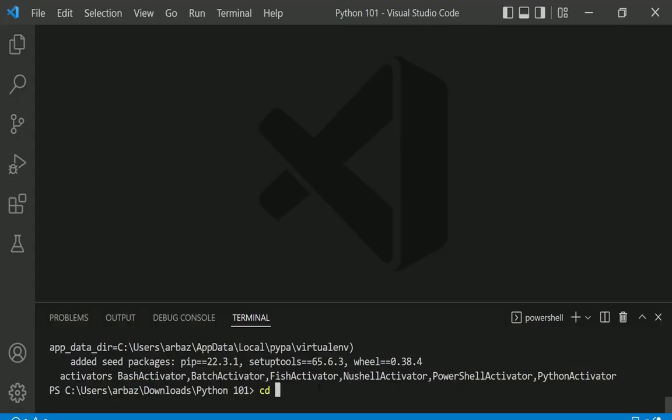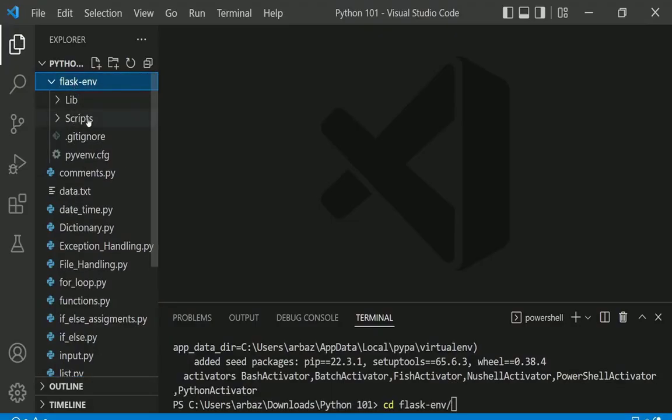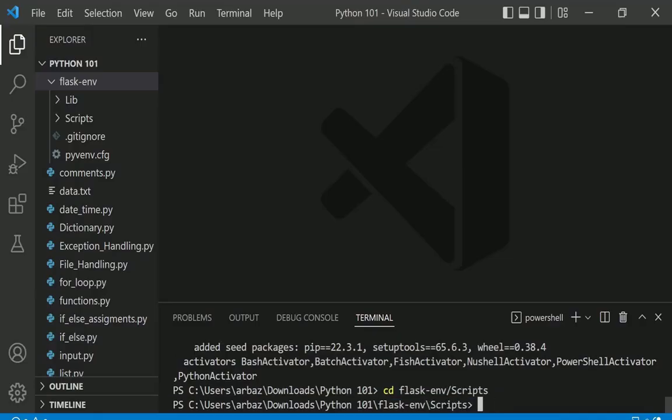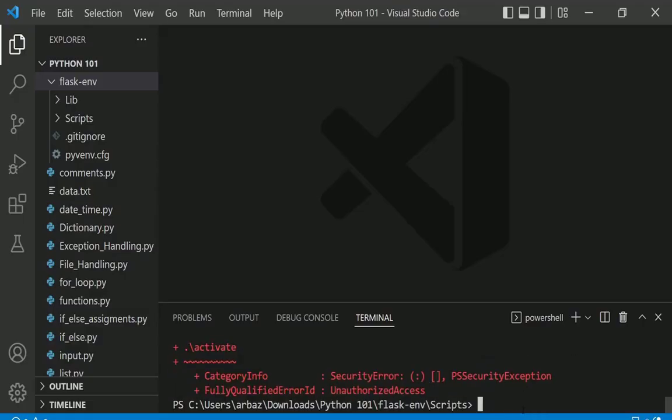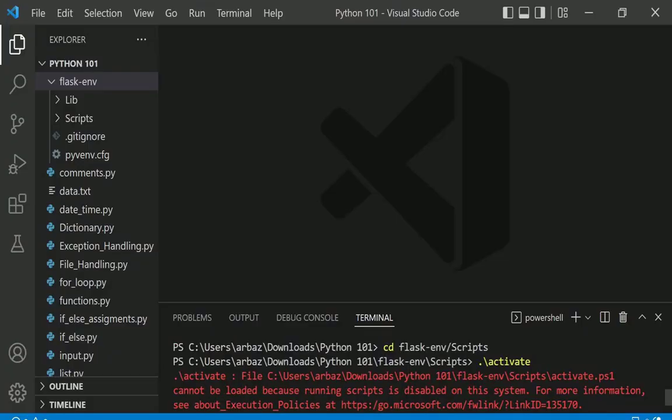Now, once we are done with that, we can do cd and change the directory to flask-env, and we are going to go inside that. There is a directory called Scripts. You can see here is the Scripts directory. We need to cd into that. We will do Scripts, and if we hit enter, we are right now inside this Scripts directory, and in here we are going to be adding activate,